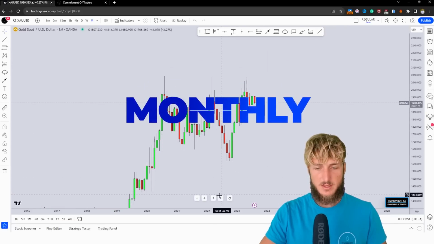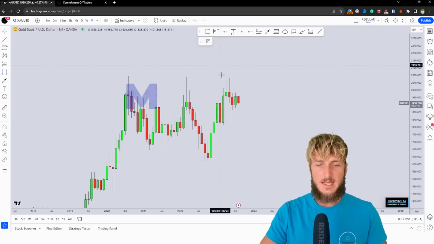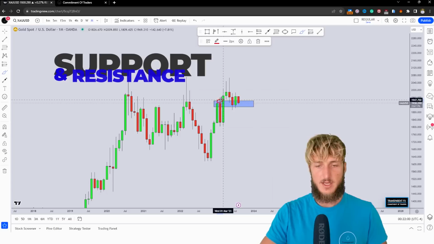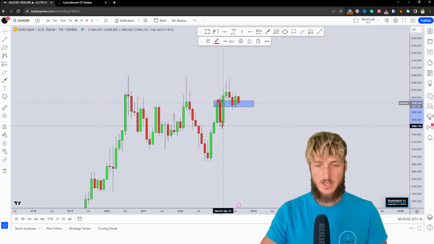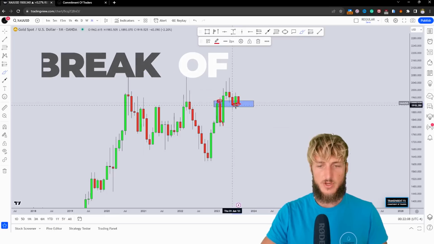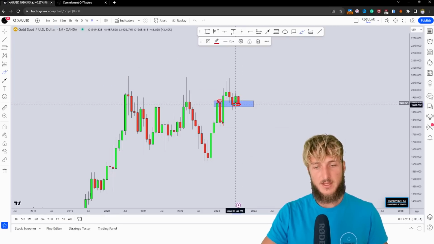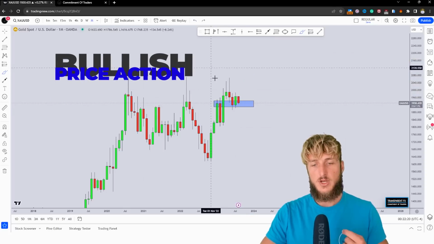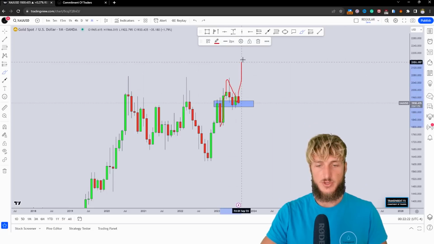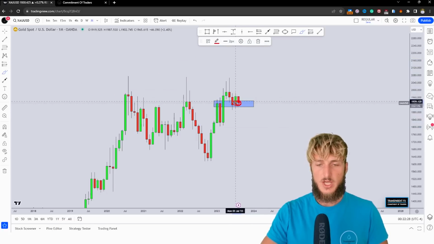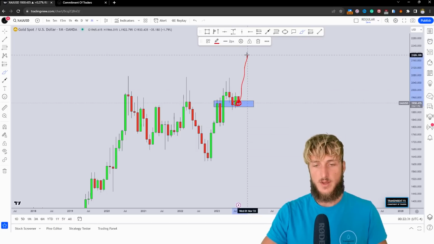Now, starting from the monthly time frame, what we must notice is that at the moment the market is testing previous monthly resistance, which is now turned support. In fact, from here, this previous move to the downside was created after the market broke above the zone, so this previous resistance was turned support here. So at the moment we have previous monthly resistance turned support that the market is currently testing, and from which there is a possibility to see a potential rejection to the upside for the completion of this impulse correction and impulse pattern to the upside. So from a monthly perspective, everything seems quite bullish, and we could expect a potential rejection to the upside away